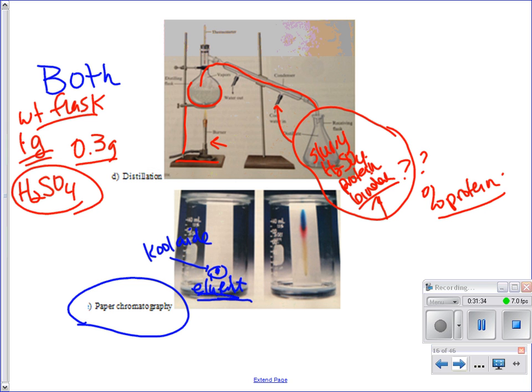We need to find an eluent. So if the solution, our mixture, is polar, we want a polar eluent. Okay? And so as time progresses, the colors separate and you get these different values called our RF values you can determine to help identify the dyes. Right? Y'all remember that? So that's paper chromatography. And the bell's about to ring.